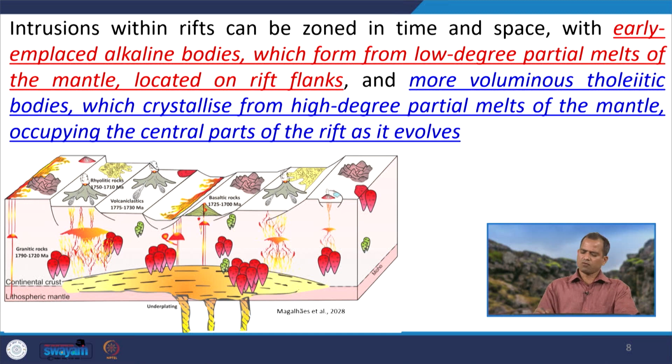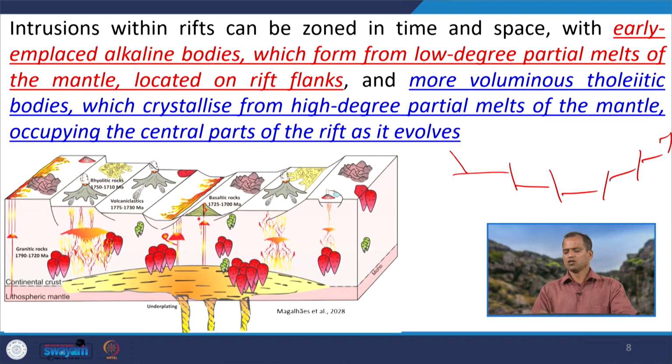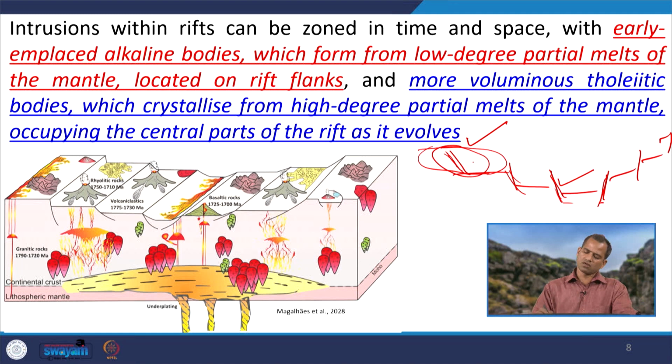Now, you see, once we are creating a rift basin, gradually we are going to a deeper level. We started from the shallower level and we are going to the deeper level. That means at the initial stage we are creating these faults which extend up to the crust, and gradually, when we are stretching the system, the faults are further added and go to the deeper level. So, from the crustal level we are moving to the mantle level. Once we decompress this mantle system, that will create some melts and this magmatic emplacement will occur.